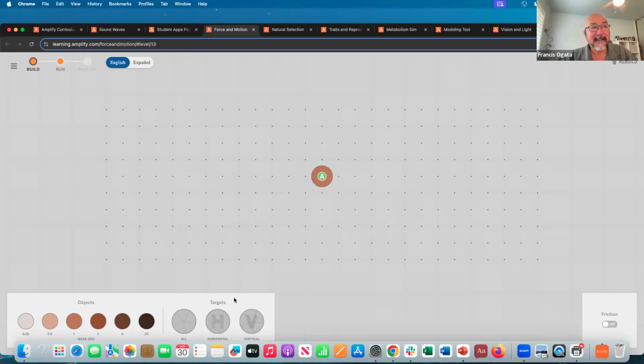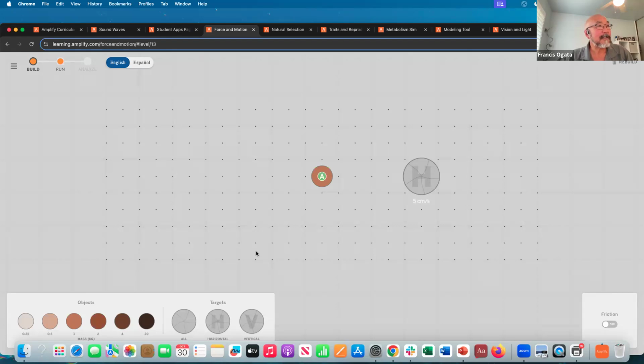I can put these targets up here. So I put this horizontal target, and because this target is moving, I can give it a horizontal velocity. So let's say I'm going to give it a horizontal velocity of 5. In order for me to make this object hit that target, it also has to be moving at a horizontal velocity of 5. Right now it's still. And so I can hit it with different objects, and you notice that these different objects have different masses.